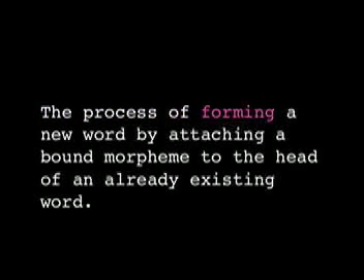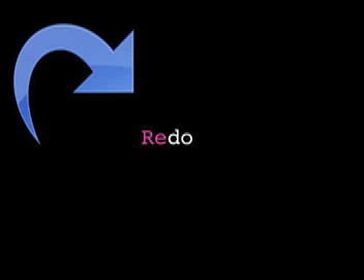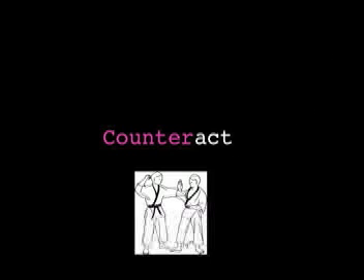Prefixation is the process of forming a new word by attaching a bound morpheme to the head of an already existing word. For example, the prefix "un" combines with the verb "do" to create "do's" opposite, undo. Re attaches to the front of the verb "do" to express the repetition of doing something. Other examples include the de in decompress, the dis in disadvantage, the semi in semicircle, the counter in counteract, and